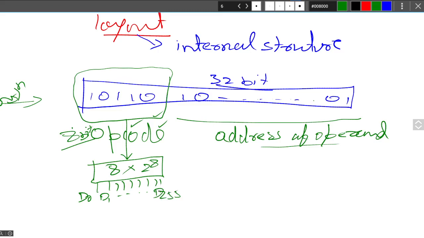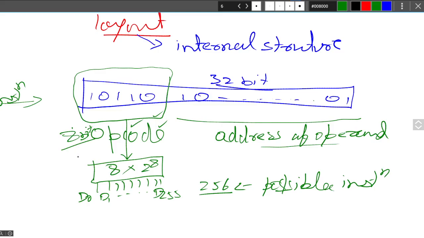So this says that there are 256 possible instructions, which means the processor designed with this kind of instruction format is supporting 256 different instructions.